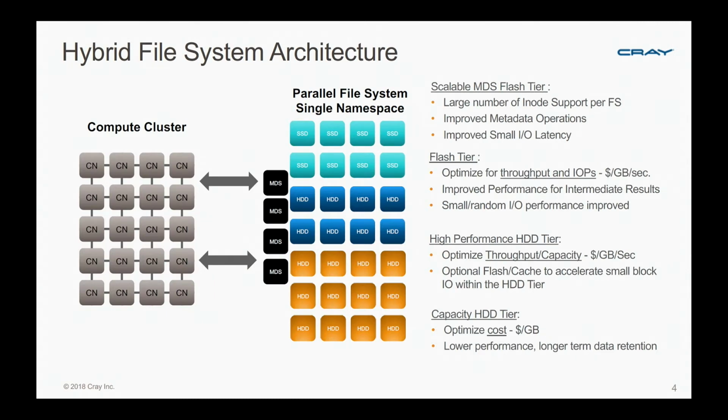But in a shared hybrid file system approach, you have multiple metadata servers. You have different tiers of storage possibly. You might have a flash tier. You might have a really high-performing disk tier. And then you might have a really slow-performing disk tier. And you want to really pinpoint where your applications should run to transparently accelerate applications that are designed for different types of media devices. So you might want to run small I/O and isolate that to small files. You want to run your streaming I/O, which has large sequential I/O, maybe just to disk. And then over time, you want to archive that data, and you want to do it all transparent to you